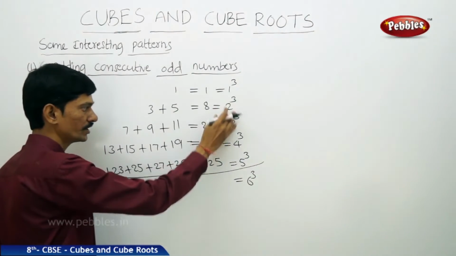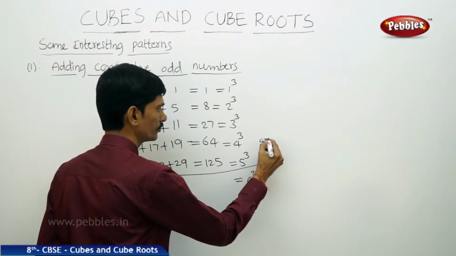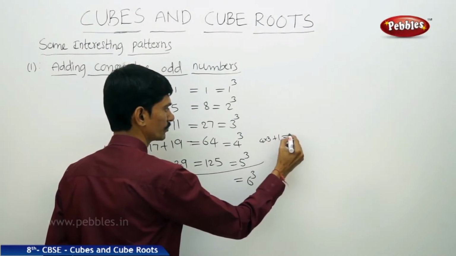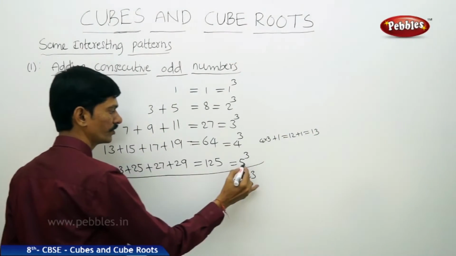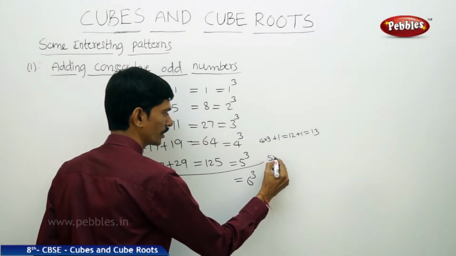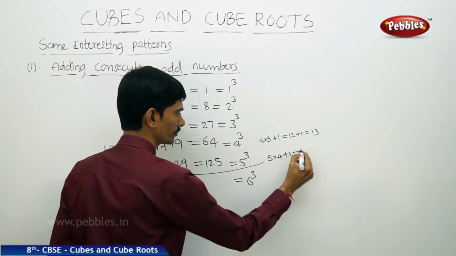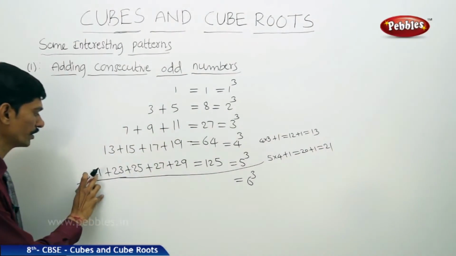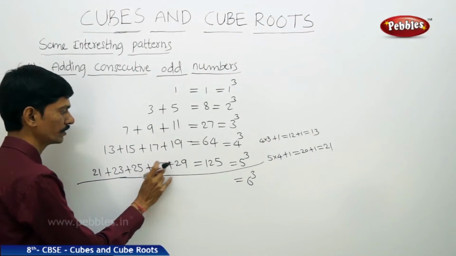So from this pattern we can observe that, see here the base is 4, so we can take 4 into 3 plus 1, this equals 4 3s are 12 plus 1, that equals 13. So we can take from 13. If you observe the next one, first you take 5 and decrease by 1, then you will get 4. So 5 into 4 plus 1, this equals 5 4s are 20 plus 1 equals 21. So you can take 5 consecutive odd numbers from 21. So 21, 23, 25, 27, 29.